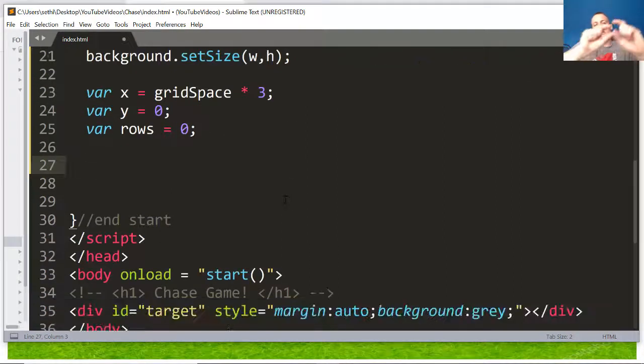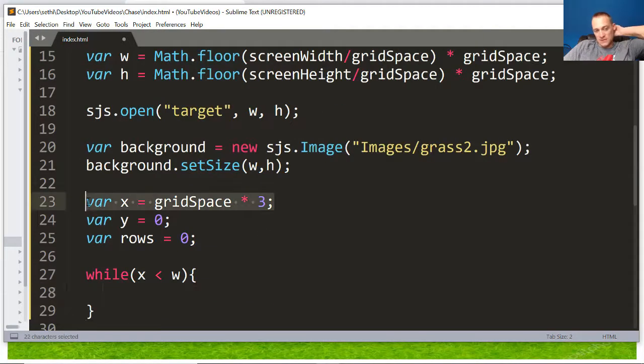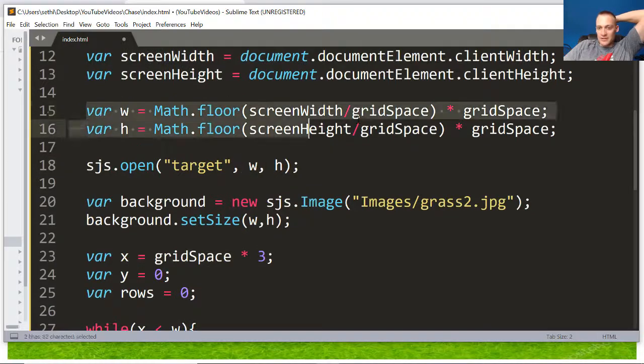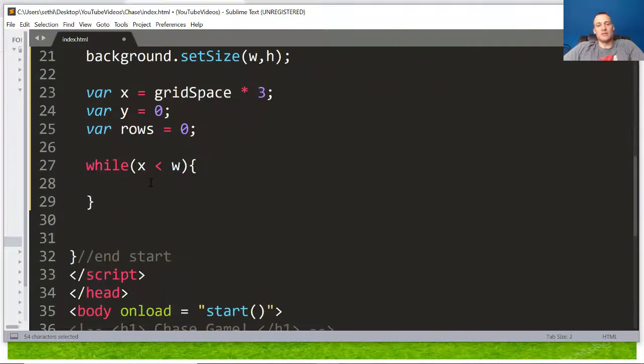Okay, so now we're going to build out one row at a time. Think of this as one row being created at a time, and we're going to do that in a while loop. So while x is less than w, and x right now is 150, and w is whatever the size of their screen is. So I guess if they get on a screen size less than 150, this game is not going to work. Okay, so while that is true, we're going to make ourselves